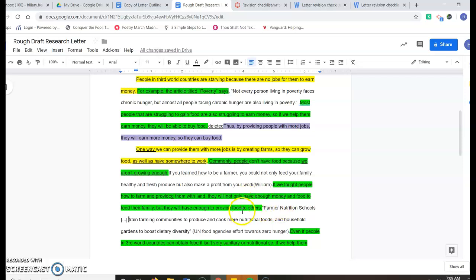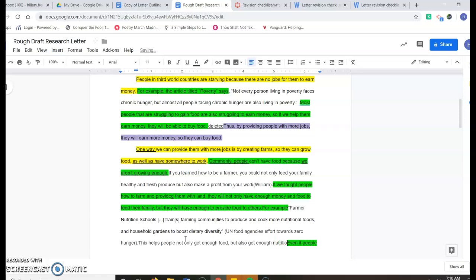They will not only have enough money and food to feed their family, but they will have enough to provide food for others. For example, bracket trains farming communities to produce and cook more nutritional foods in households. This, and now I'm going to explain the quote better because this helps people not only get enough food, but also get enough nutritional food. And then I'm going to underline that,